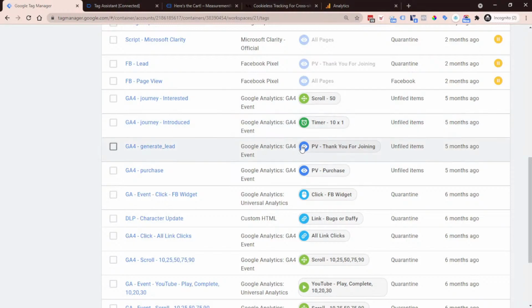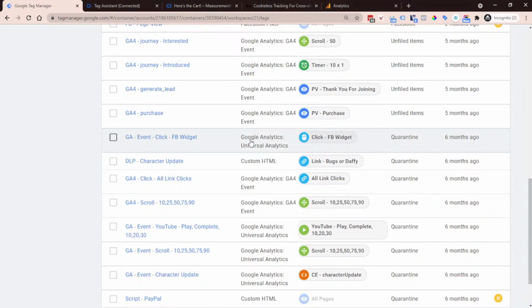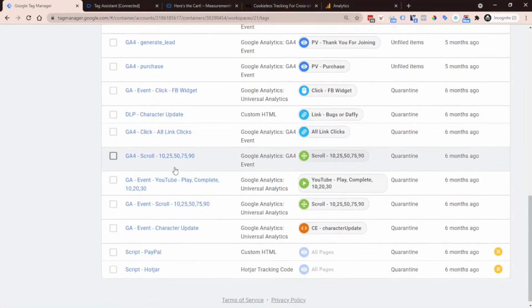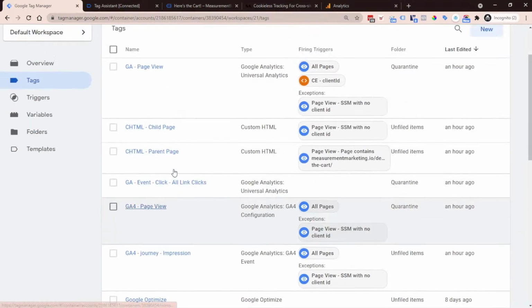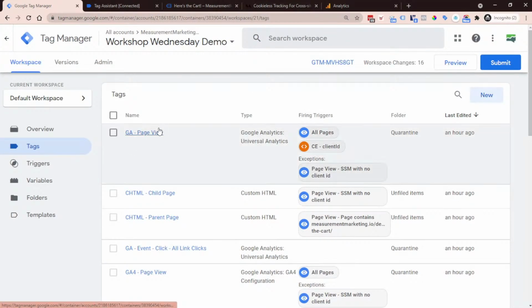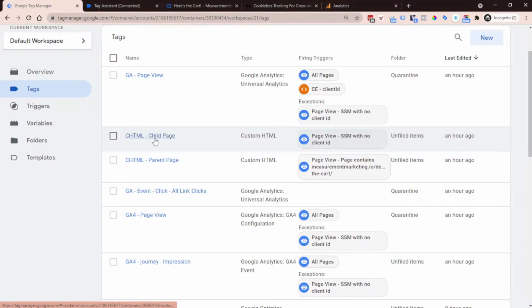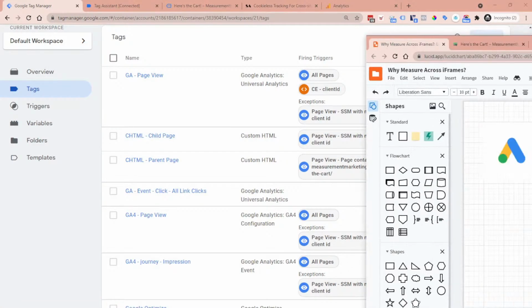Obviously these are a little bit different because they're scroll and timers. They shouldn't fire, but we're going to safeguard ourselves and make sure that nothing could possibly happen before the page view,